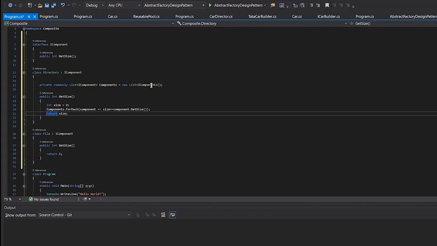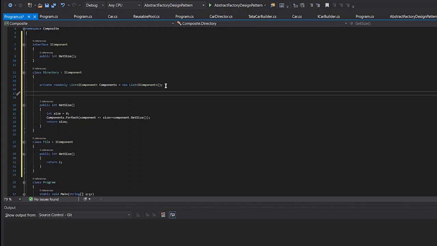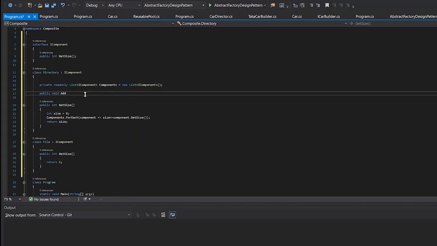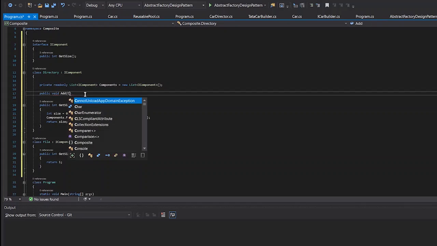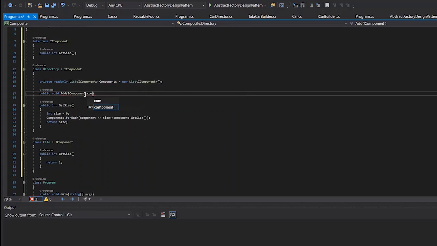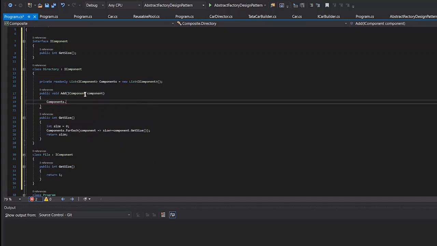Now let's expose a method from which new components will be added to this components list. I'll just simply say public void add IComponent, and then components dot add of the component.